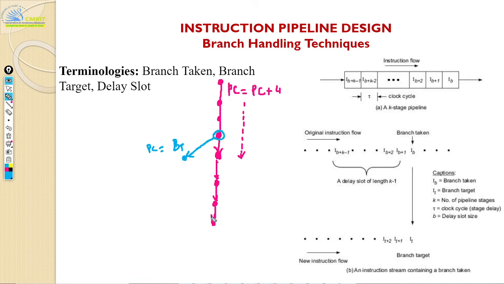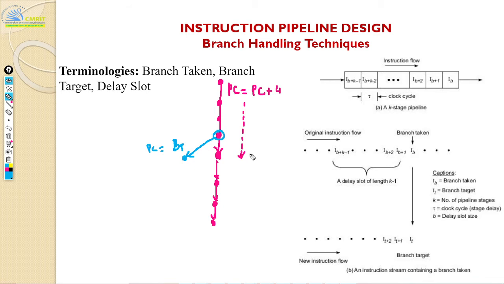So this is fundamentally what your entire program boils down to: a series of PC equals PC plus 4. But at times, when you have a branching instruction, you may have PC equals branch target instead of PC plus 4. It could be either way, and your compiler may not be able to predict this. So you may have to do it in a dynamic fashion again. Well, the compiler can still do something to some extent, but you should also go for a dynamic approach here.